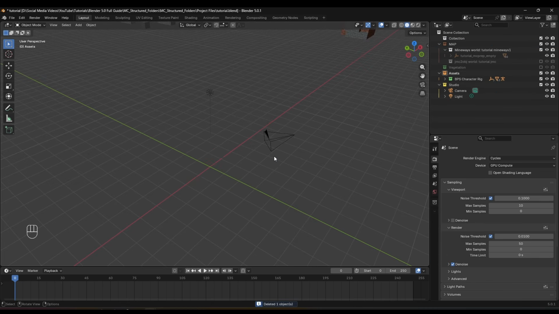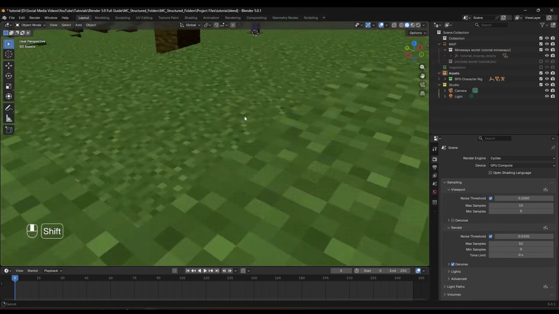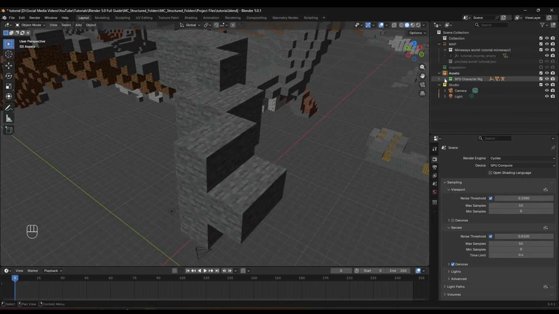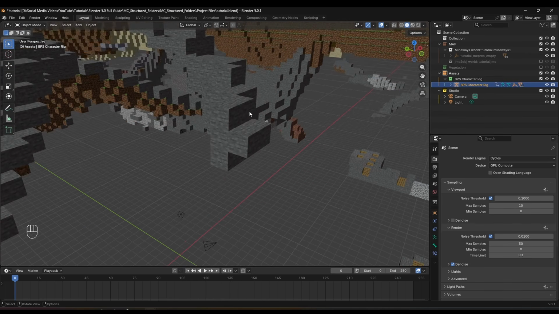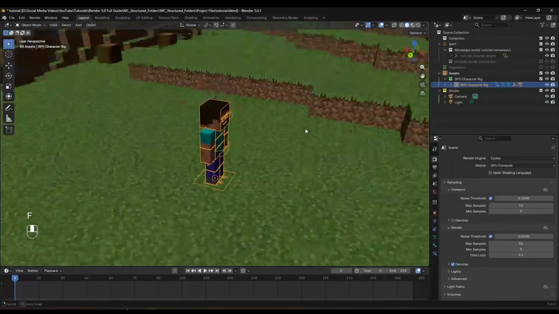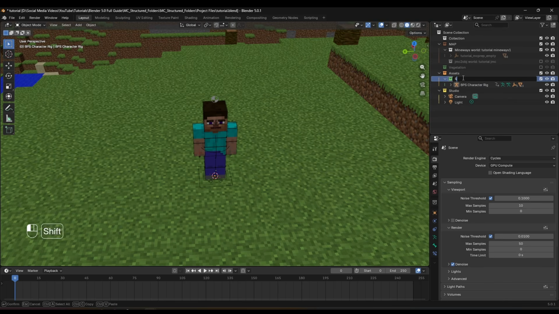Now I'm going to go back to my scene. So you can either manually go back to your scene like this, or you can go to your outliner, expand the BPS character collection, click on the BPS character rig right here. It's going to be selected in the viewport as well. And then press F. Now it's going to jump you in front of the BPS character. And the cool thing you can do is you can also rename your assets. So I'm going to double click on this and then name this Steve, so that I have my Steve character